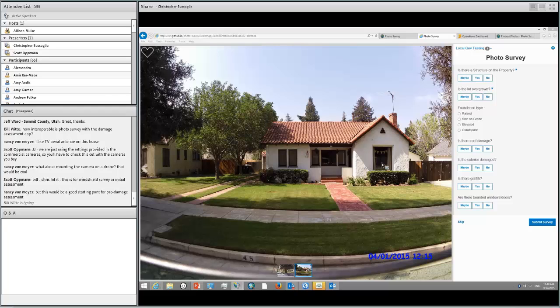Well, I will say that, yeah, I mean, it would be nice to have a drone. It'd be kind of fun. But one of the things that